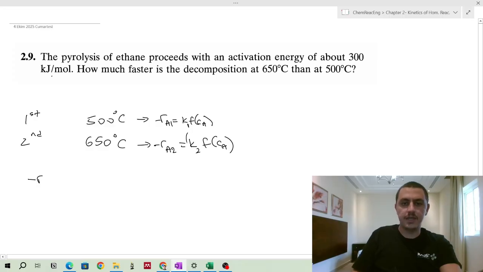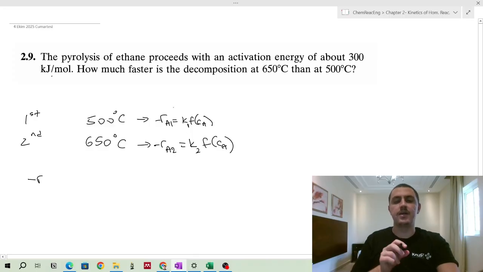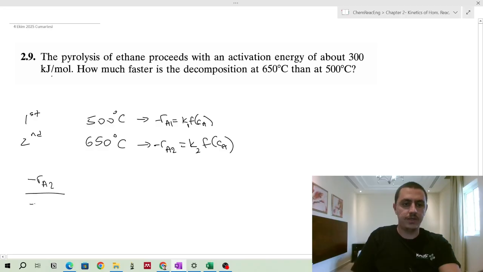I put K1, K2 because these K coefficients are dependent on temperature and activation energy, and we have different temperatures for these two reactions. So we will say that this K will be changed, and we cannot say just a constant K. And we will take actually the ratio of them. So we want to investigate how much faster we have. So just take the ratio of the reaction rates, and that is like